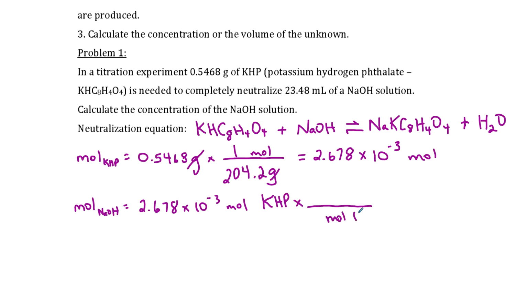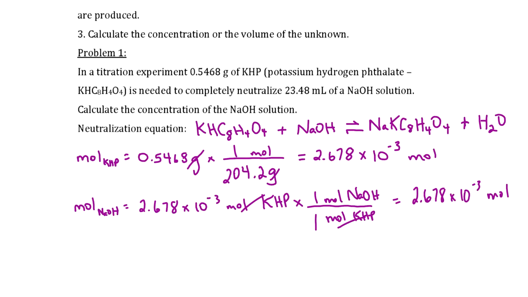So I'm going to put moles of KHP on the bottom, moles of NaOH on the top, and because there's no coefficients here in the equation, it's a 1-to-1 ratio. And it quite often works out this way in a 1-to-1 ratio, but occasionally you will end up having to do a calculation in this step. So as time goes on, sometimes we don't show this full step, like we shorten this up whenever we realize it's a 1-to-1 ratio. So I'm just going to say then 2.678 times 10 to the negative 3 moles of